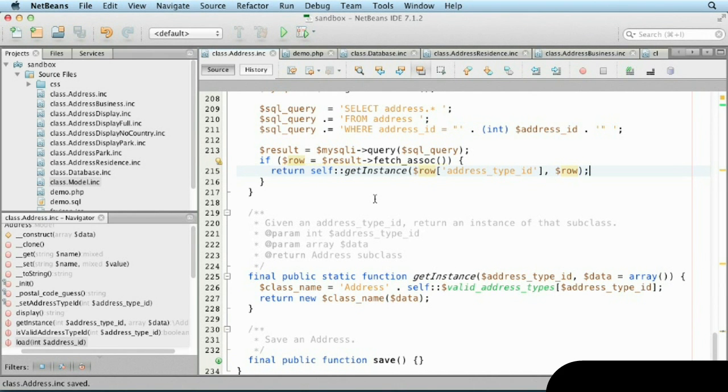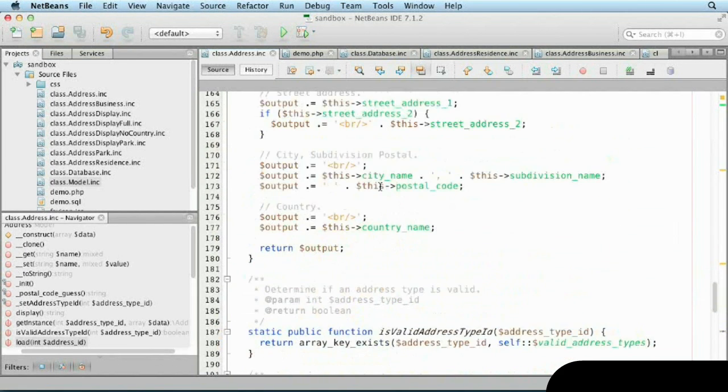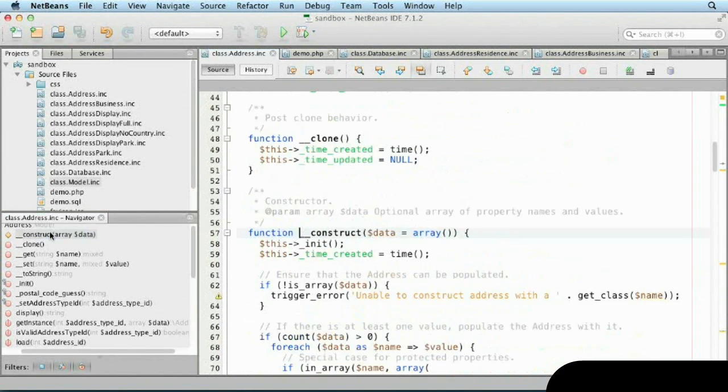Before testing this out, a small change needs to be made to the constructor. When it was initially written, it supported the protected properties time created and time updated. Since that point, additional protected properties were added, but the constructor did not account for them as there were no records coming from the database yet. Go to the constructor,